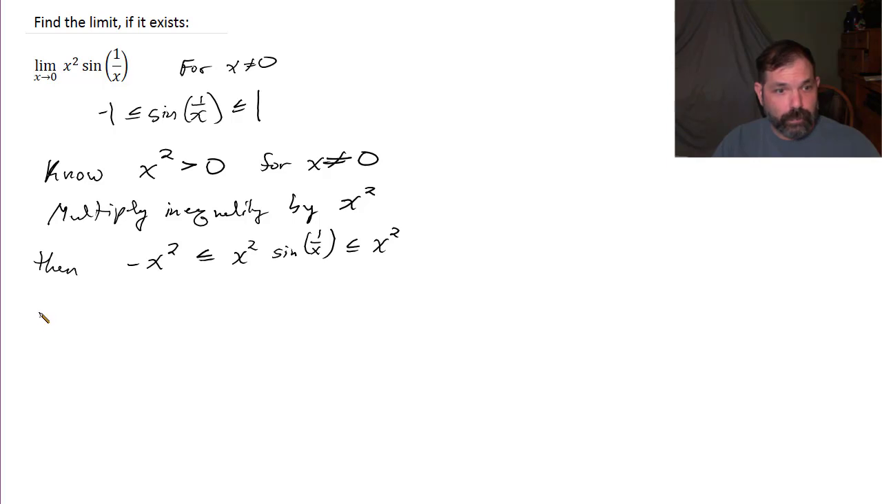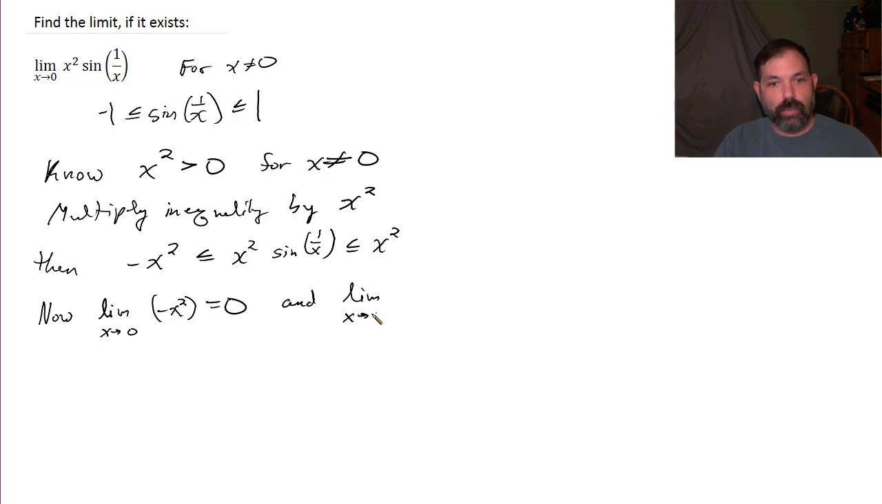Now, let's look at the outer functions. If we have this three-part inequality, let's consider the outer functions. I know that the limit as x approaches 0 of negative x squared is 0. And I also know that the limit as x approaches 0 of x squared is also 0. Therefore, by the squeeze theorem,